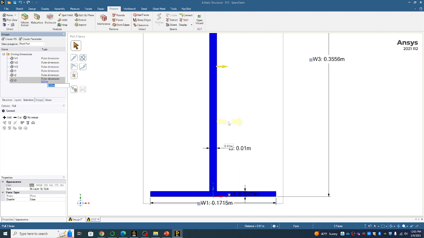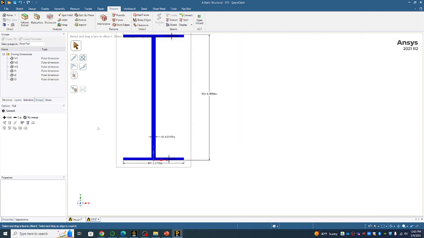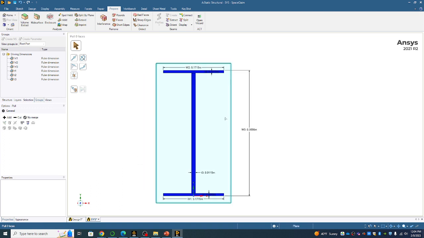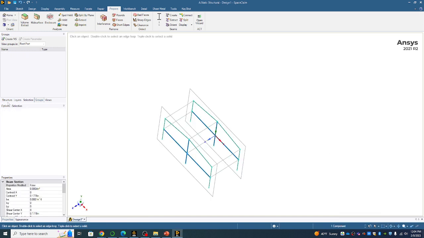And the last one is the web thickness here. So here we'll use 0.0115. Alright, and then we can move around to check that all the numbers are right. So it looks good, and then we'll close this section area. And then go back to the structure,